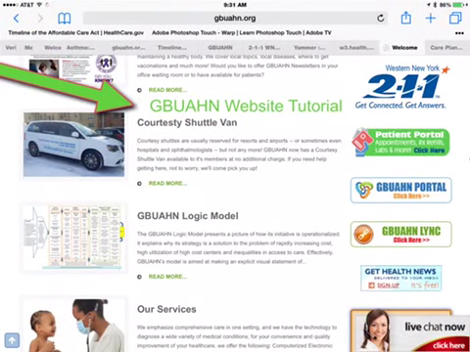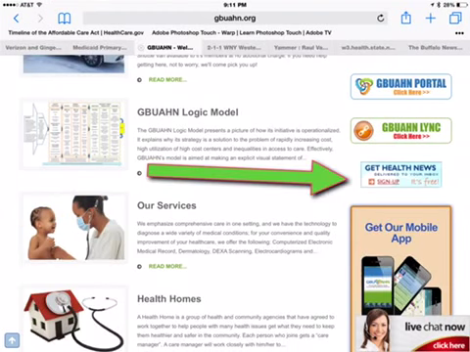With this tutorial, what we're trying to do is focus a little bit on the actual website. I think the staff sometimes doesn't appreciate the amount of work that was put into it. And it's really important for you guys to know different aspects of the website itself. One of the important things on the first page that we want you to pay attention to is the